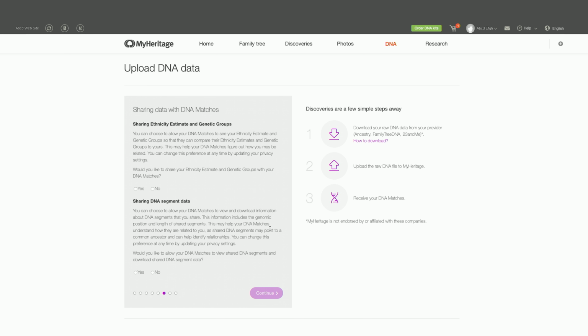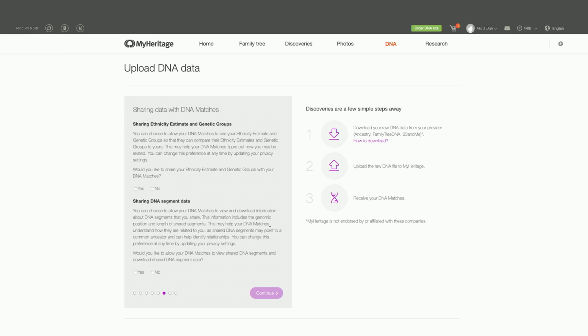Both of these allow people you match to see something about your ethnicity estimates and genetic groups. For example, if someone is looking for you, and part of that is because they know you probably have a specific ethnicity genetic group breakdown, then this can be helpful. And it can help in terms of placing you in a family tree.